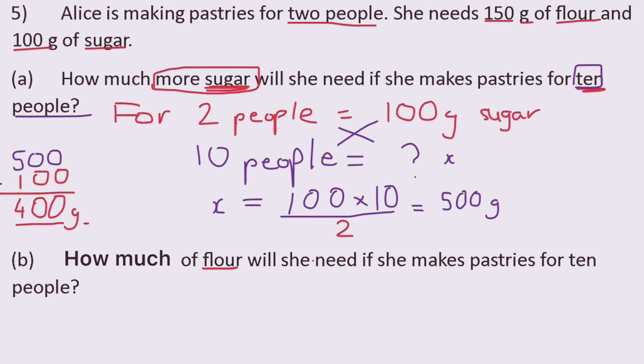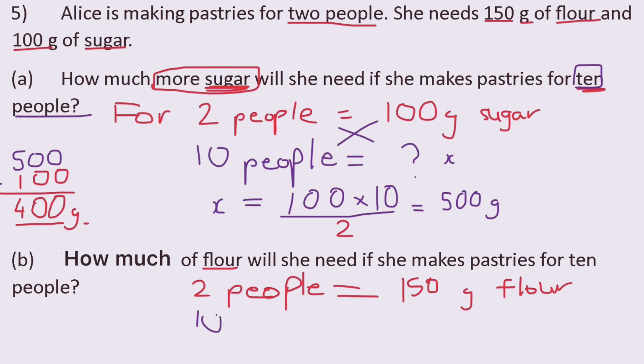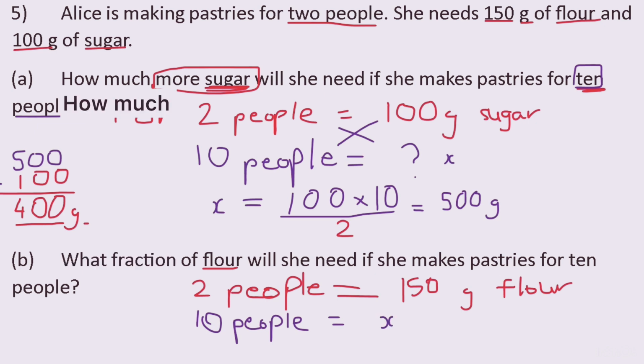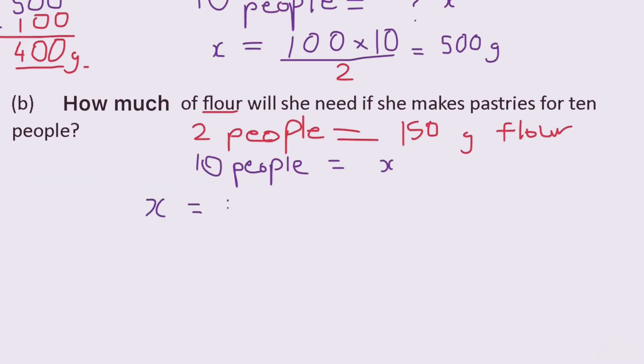Okay, for part B, how much of flour will she need if she makes pastries for 10 people? Okay, pretty simple. Using the same concept again, we write the same way as we did for part A. So for 2 people, Alice will need 150 grams of flour. So 2 people is equal to 150 grams of flour. Now for 10 people, how many? Similarly how we did in part A. So 10 people is equal to x. So x is equal to 10 times 150 divided by 2. And it will give us